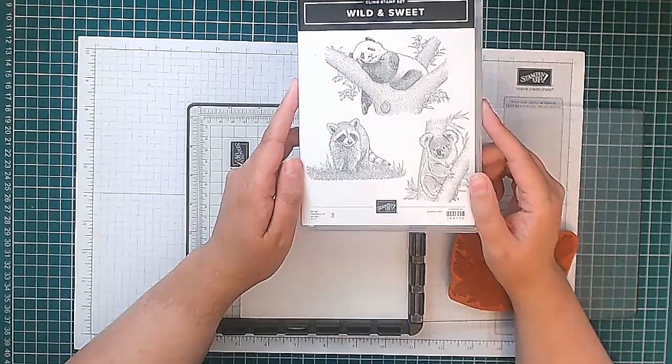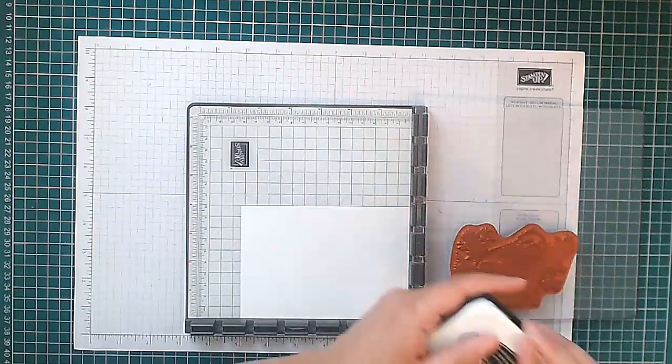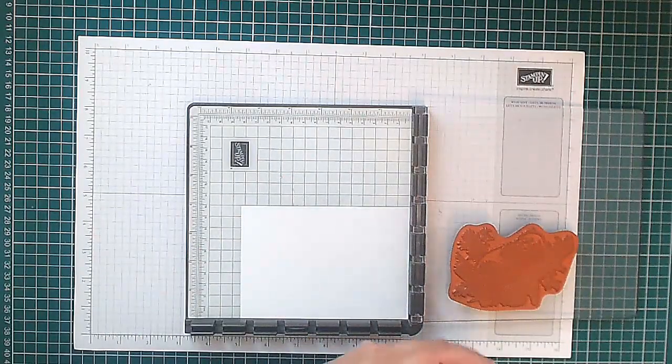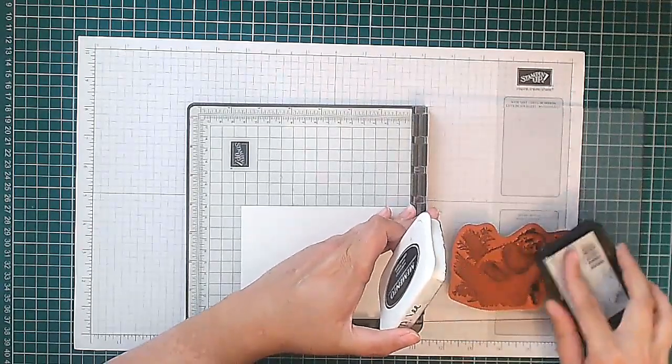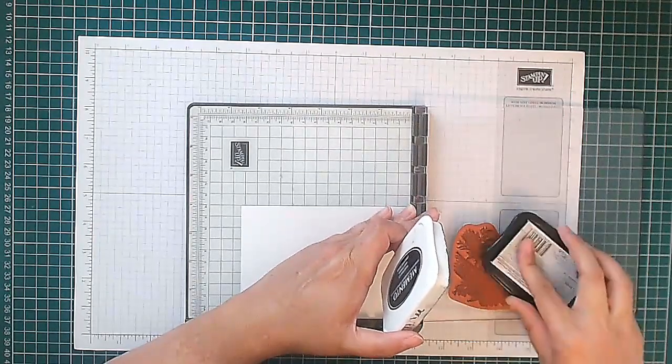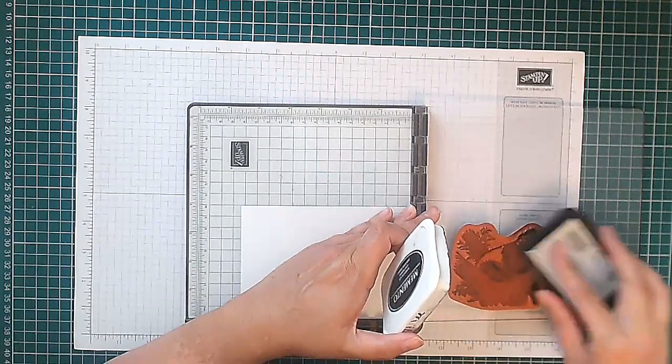So I've got everything set up already in my Stamparatus, as you can see, and we're going to be stamping using Memento Tuxedo Black because I want to do a little colouring using the Stampin' Blend Alcohol markers. So I'm just going to ink this up really nicely, and I know the Stamparatus is retired, but I like it for stamping something like this,